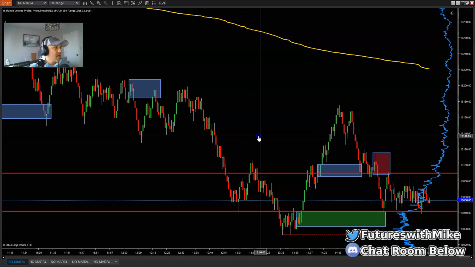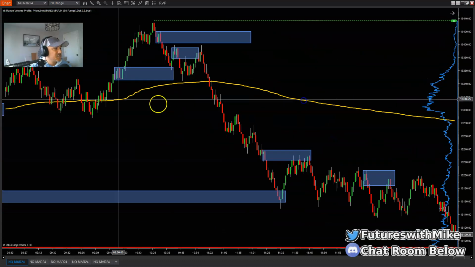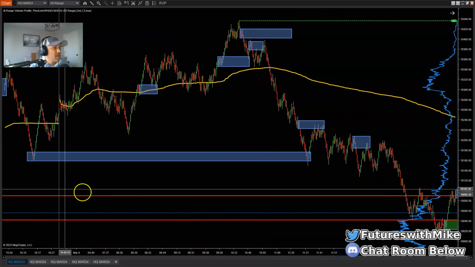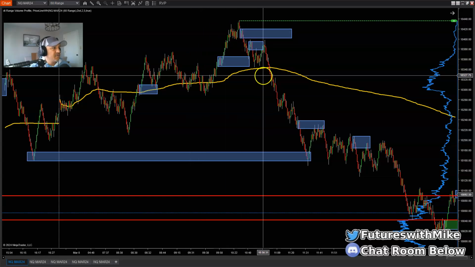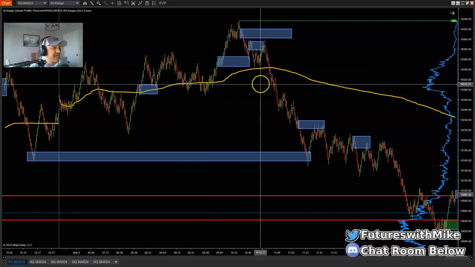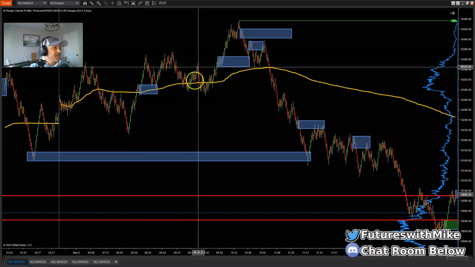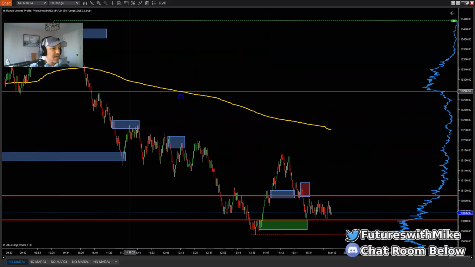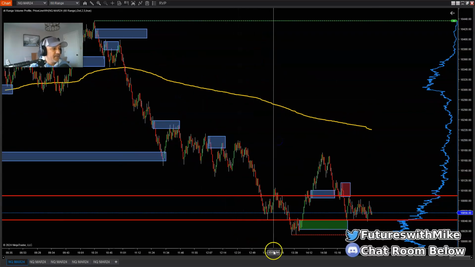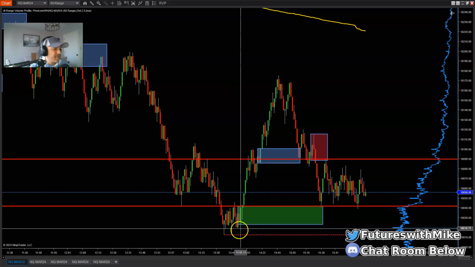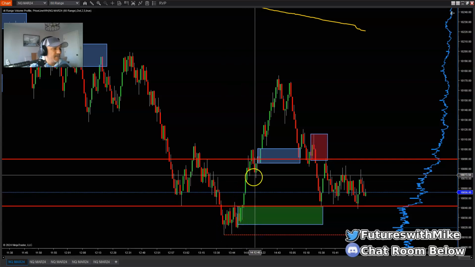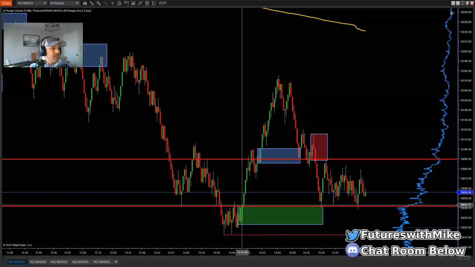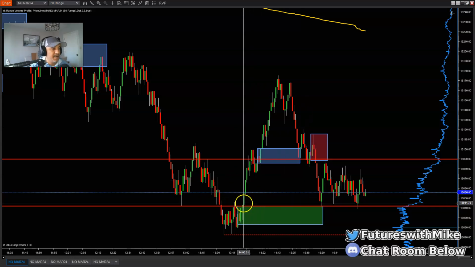But look, you can tell by looking at the structure of the market, we're moving to the downside. I mean, it doesn't take a rocket scientist to really figure this out. We were moving higher here, the market shifted. We started to break some structure to the downside, making lower lows and lower highs, and we continued doing so. But then we turned direction right here, and started moving back higher, breaking structure back to the upside, leaving behind a key area of demand right here.